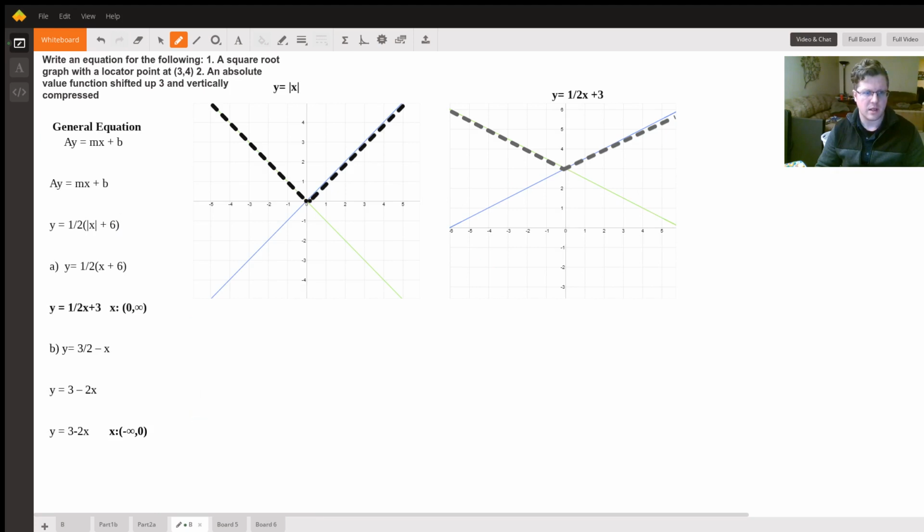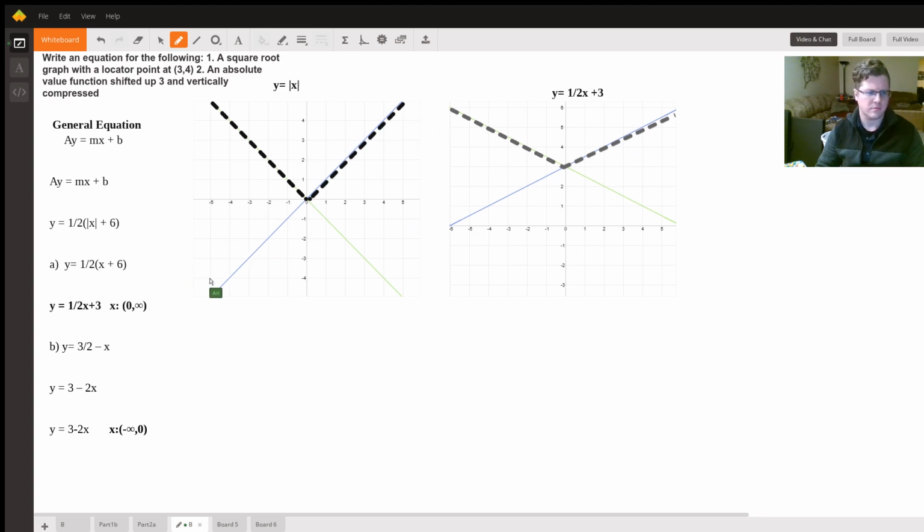Over here on my answer, you have it written out like this. y equals 1/2 the absolute value of x plus 6. When we multiply the 1/2 through, we get 1/2 x plus 6, and that's from 0 to infinity on the x over here. And then over here you have